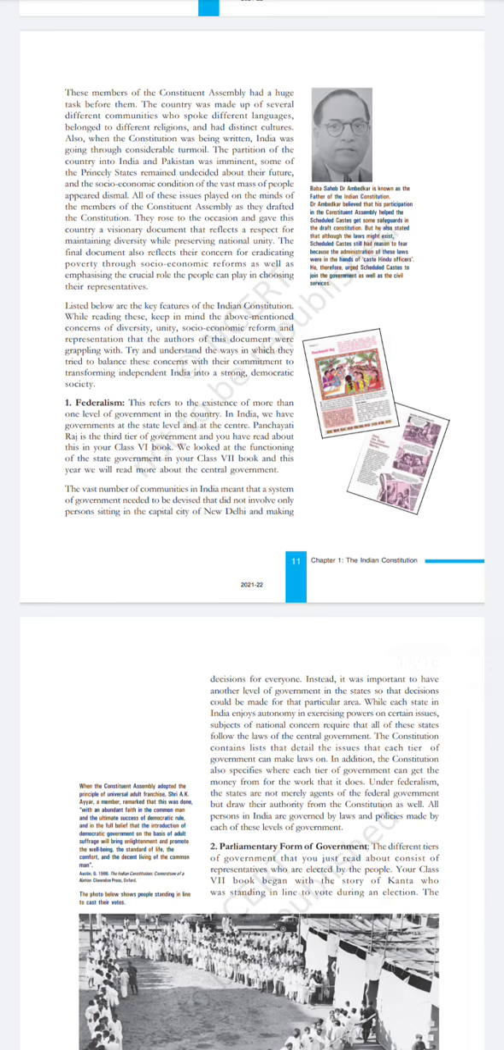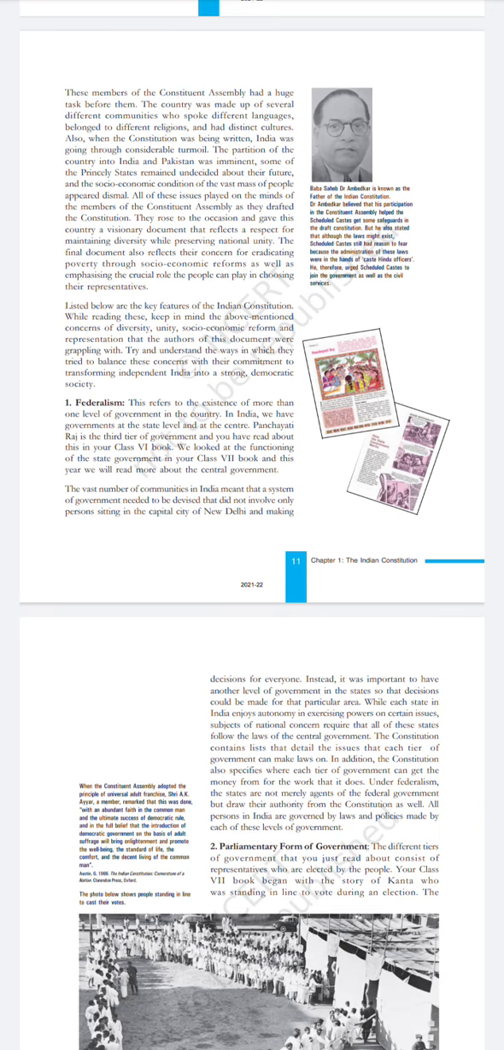These members of the Constituent Assembly had a huge task before them. The country was made up of several different communities who spoke different languages, belonged to different religions, and had distinct cultures. Also, when the constitution was being written, India was going through considerable turmoil. The partition of the country into India and Pakistan was imminent. Some of the princely states remained undecided about their future, and the socio-economic condition of the vast mass of people appeared dismal. All of these issues played on the minds of the members of the Constituent Assembly as they drafted